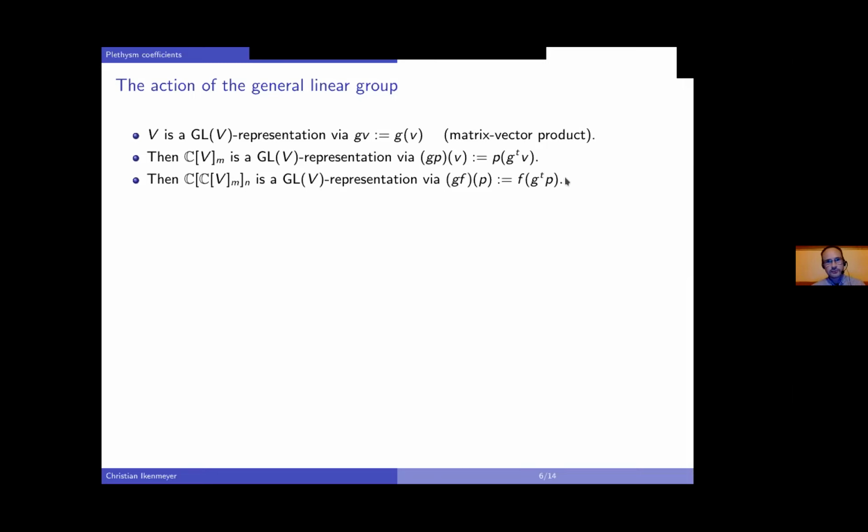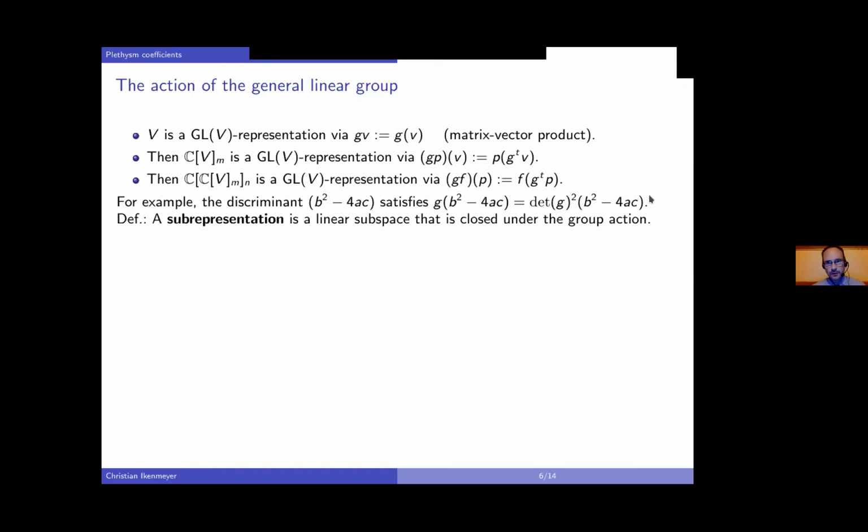It's a bit difficult here if you've never worked with this. In this short time frame, it's very difficult to see what's happening. It's actually a little calculation to see that the discriminant here, b squared minus 4ac, in our example that we had before, in this case m is 2 and n is 2 and v is also two-dimensional. If you act with any element here, any matrix, then this will rescale only the discriminant by the determinant of g squared. This is a little calculation that you need to do, but I will need this for the examples